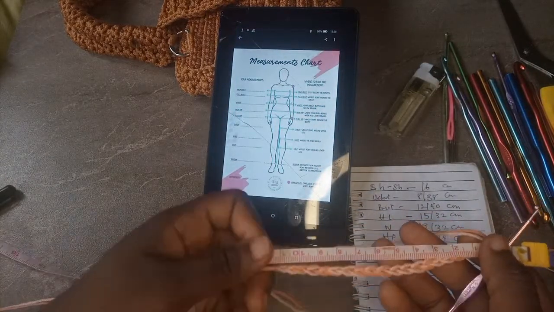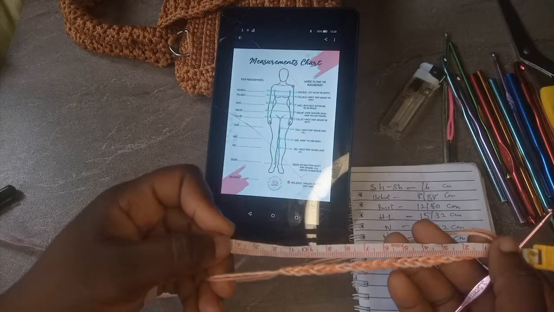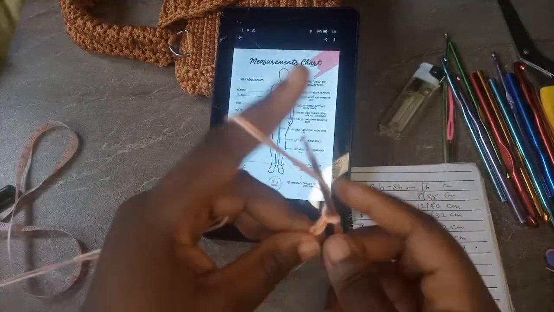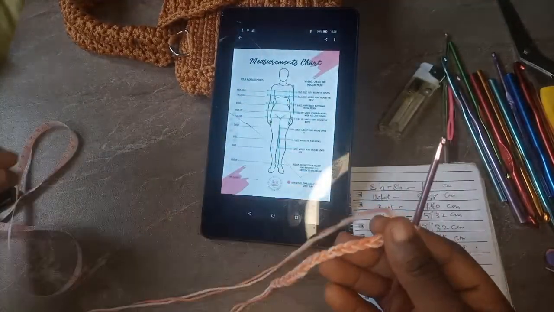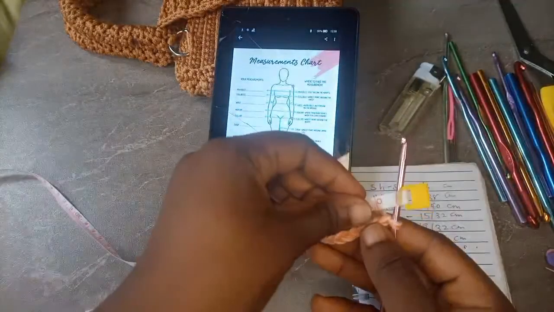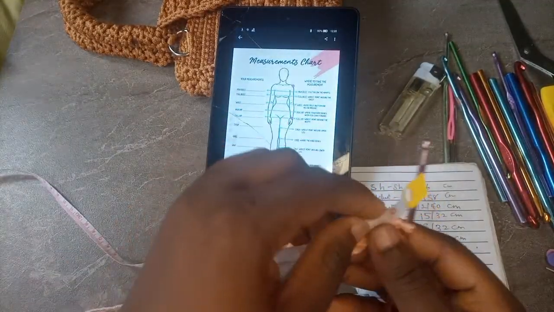So I said 14. Okay, so it's not enough. We still need maybe 4 more. 1, 2, 3, 4. That's 24. Okay, these things that you are doing, you need to write them down so you don't forget, because we are going to be making this in half panels,